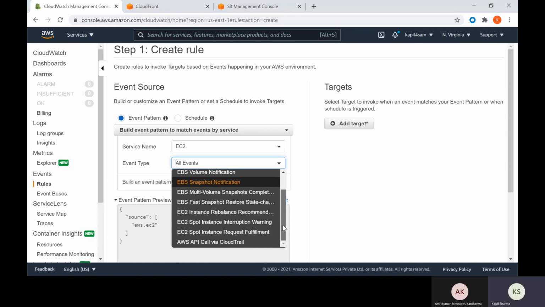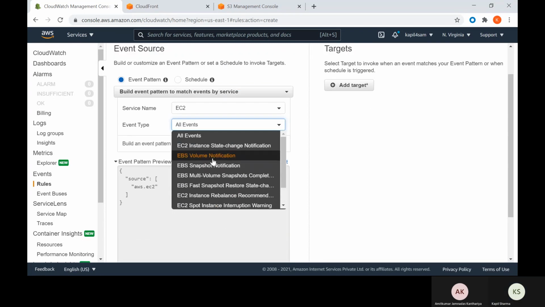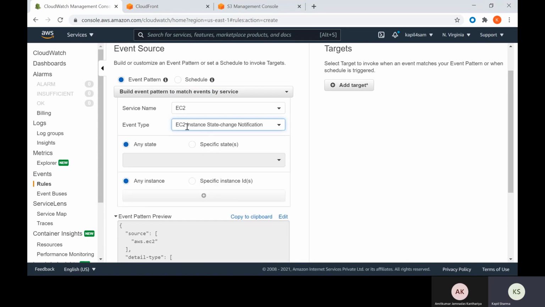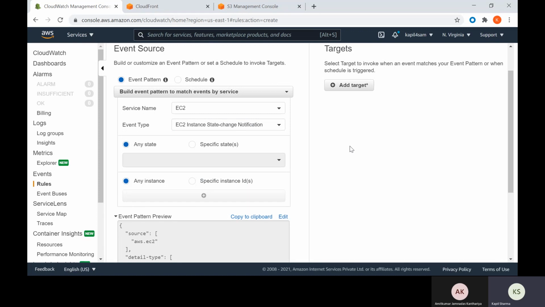For example, let me choose EC2 instance state change notification. So here, this instance state is like my current instance state is running. So if I go and change my instance state to stop, I should get a notification, right? So there is one instance running. Currently, it is in a running mode. If I go and click on shutdown, the state will get changed from running to stop, right?